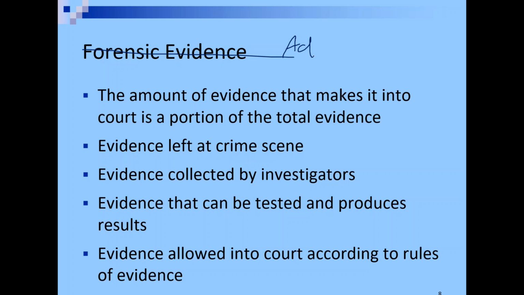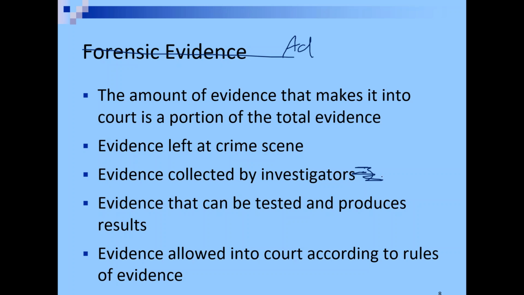During that murder, the murderer has left a whole bunch of evidence. They're picking up fibers on their socks, they're leaving fingerprints. If there's a struggle, they're leaving blood. My blood's probably transferred to their clothing. There's all this Locard exchange principle, transfer of evidence. Their car may have been caught on a security cam by one of the neighbors. There may be faint tire tracks. So there's a lot of physical evidence, but the problem is the only thing that can make it into court is the evidence collected by the investigator. So you actually have to find it and be able to collect it.